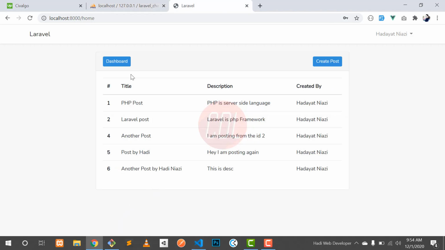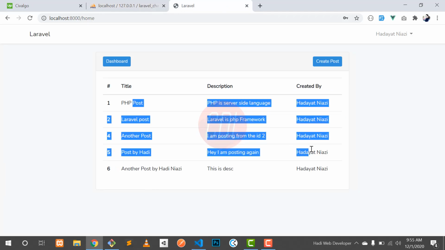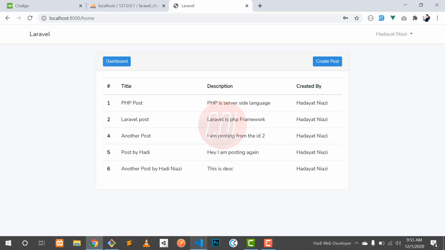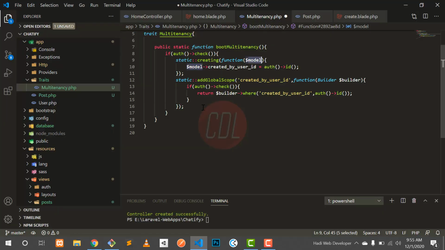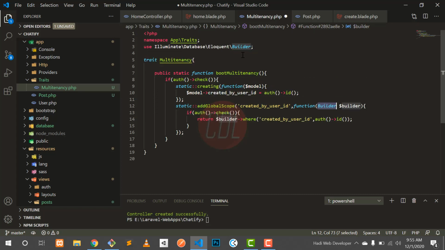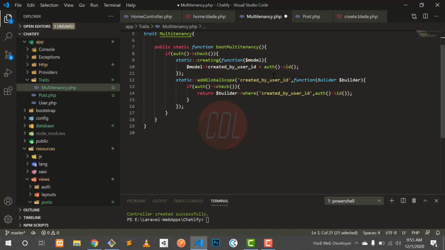And how can we display only what is relevant to a user? This is the next step. The next is static addGlobalScope, and we are passing the created_by_user_id column. This is a builder object which is at the top here.